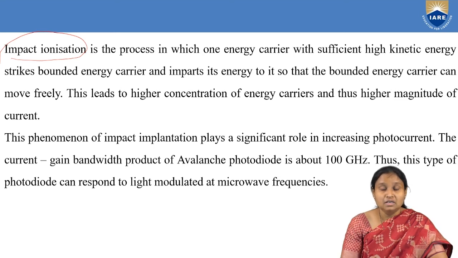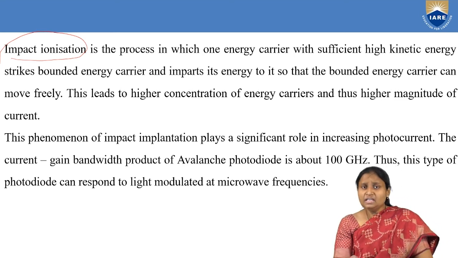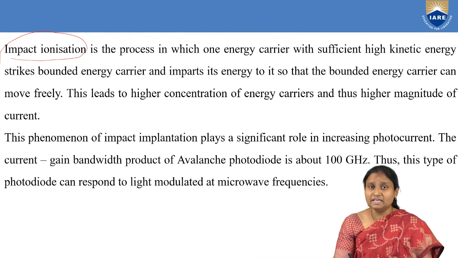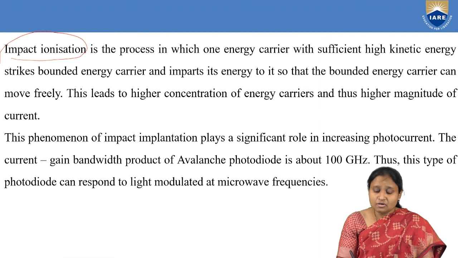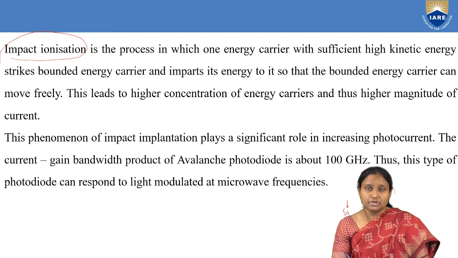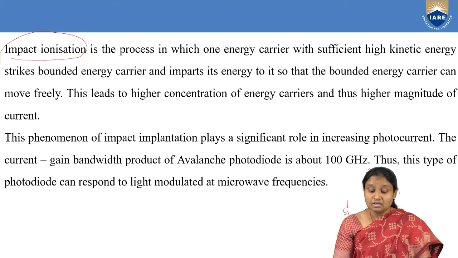can move freely. So we know that in the intrinsic region, suppose I have taken a silicon intrinsic region. In silicon, we know that all its valence electrons are taking part in covalent bond formation. So here I have silicon, and here I have all the electrons taking part in covalent bonds. So in the intrinsic region, we have electrons, but all of them are taking part in covalent bond formation. And we know that once an electron is in a covalent bond, it is a bonded electron, it's not